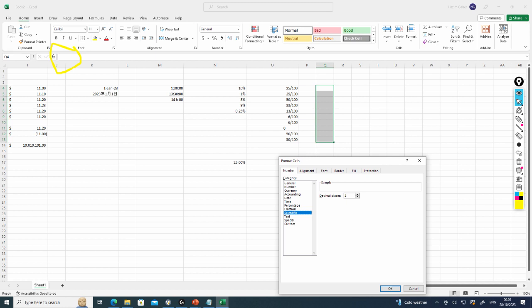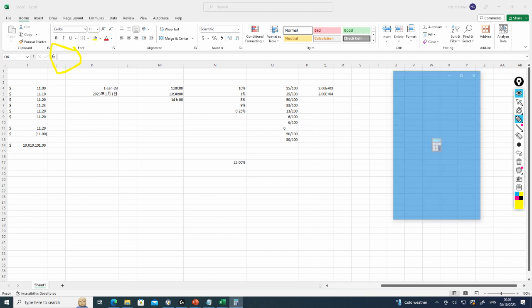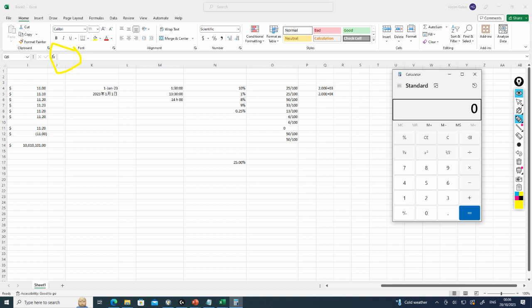But basically, scientific notation allows us to shorten our number. So if I have a number like 2000 or 20,000, what's actually happening is Excel is like, let me show you. So I'm going to have to show you as math. So in case you don't remember, write the calculator up. So if I have a number like 2000,